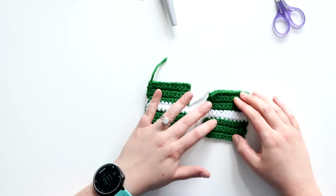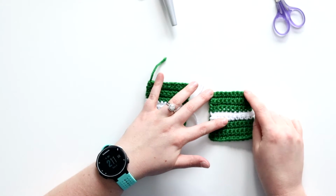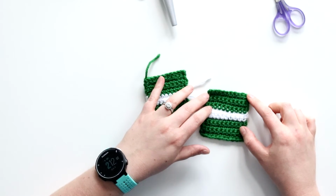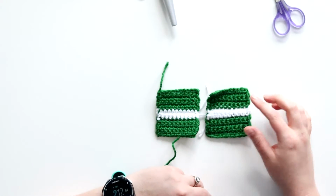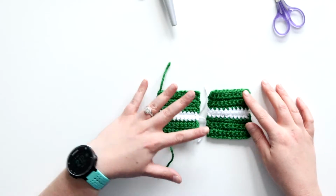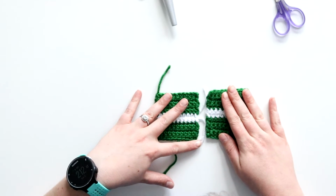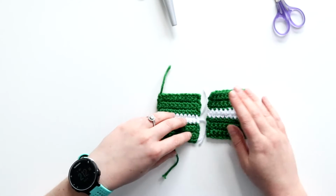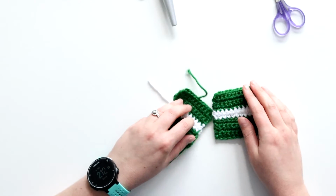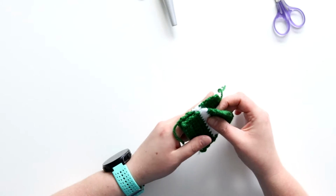On the other side, there's a row of 1 at the top, and then a lonely row of 1 at the bottom too. So it's not a crazy difference or anything, but I feel like it just doesn't look as nice. So now that you have your 2 good rows, you want those to be facing out. So put your wrong sides together,